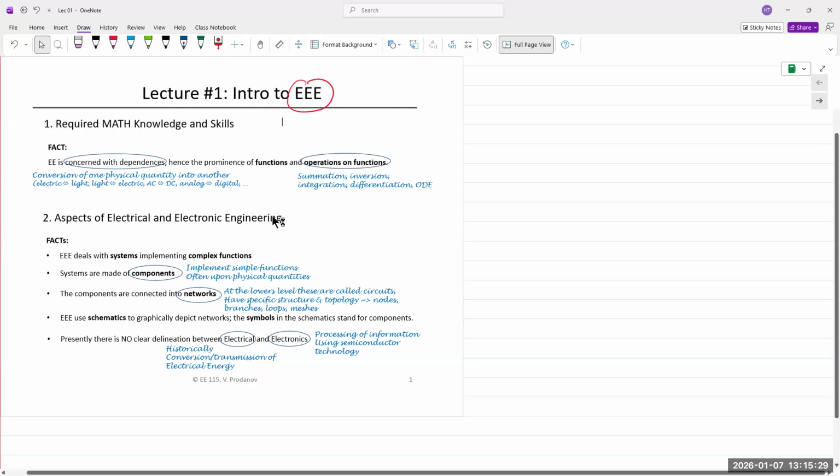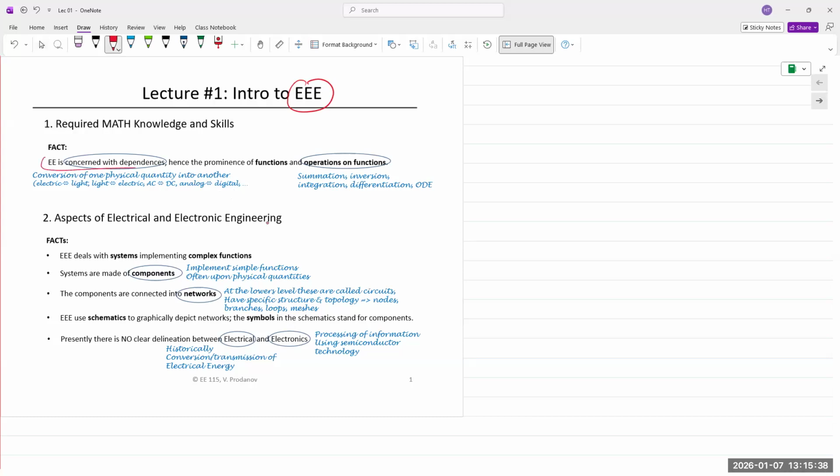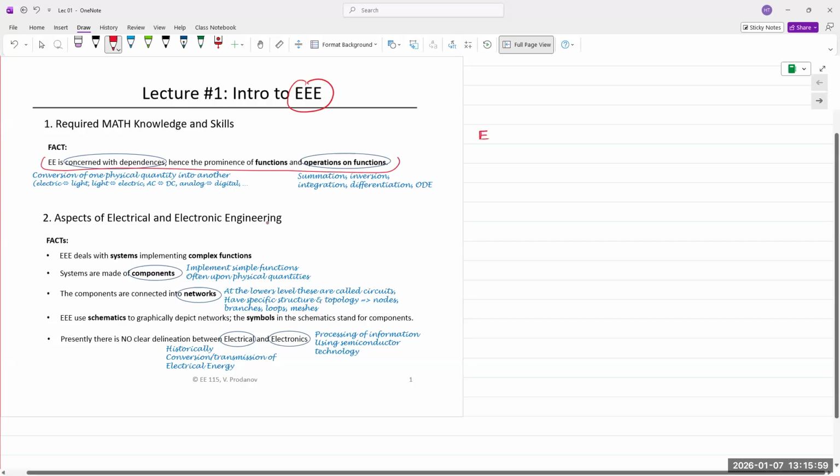This is basically, again, a systems perspective, so from an application point of view. Right here at the top where it says what we need to do in order to learn EE. Well, EE, electrical engineering, deals with the generation, transmission, and usage of electrical energy. And depending on the application, that energy can be converted into multiple different forms. So for example, electrical can be converted into